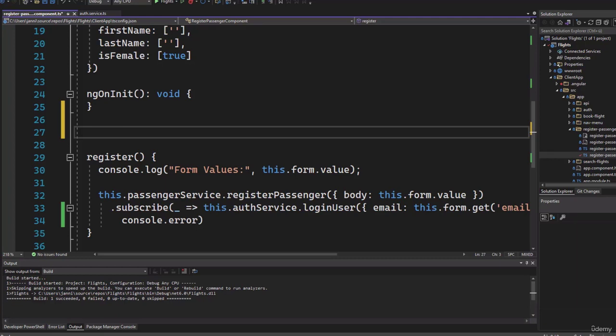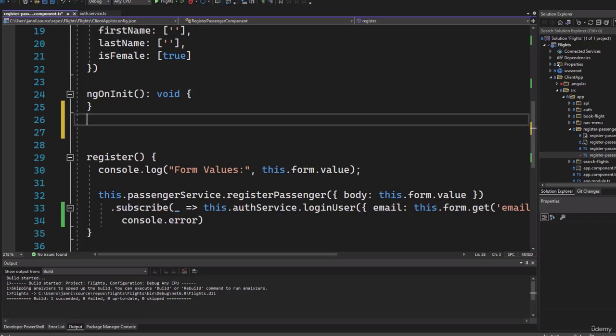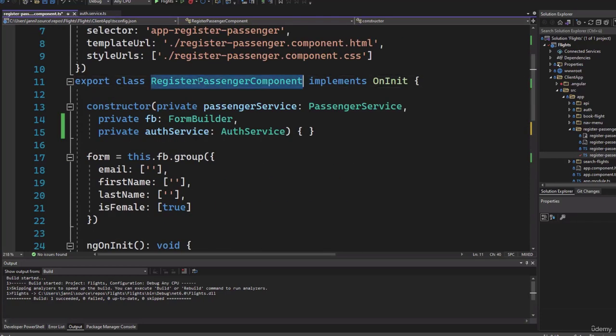Welcome to this video. We will now take a look at whether a potential user is already registered. If a user is registered and we search in our passenger list and it exists, then we automatically want to log in the user, and if not, we want to show him a prompt. So what we do for this is we first create, inside of our register passenger